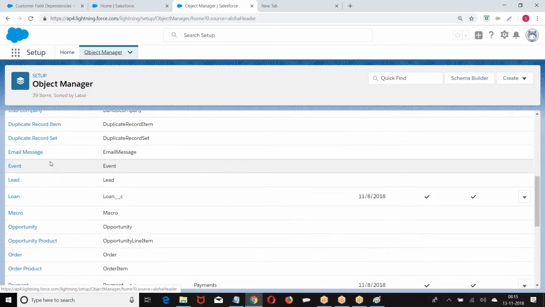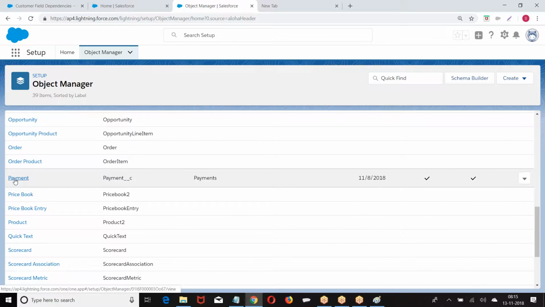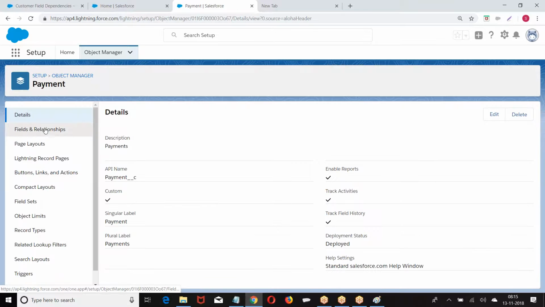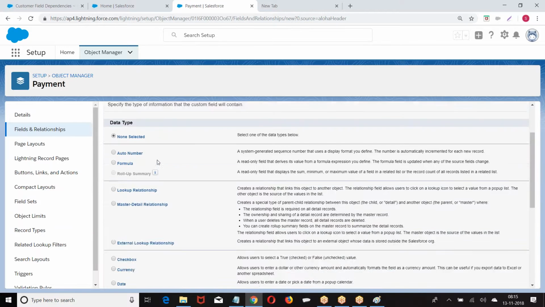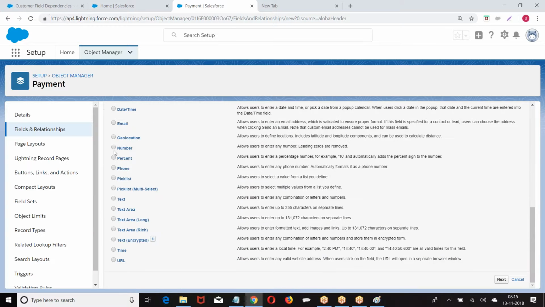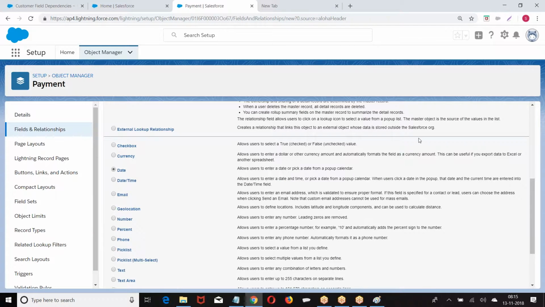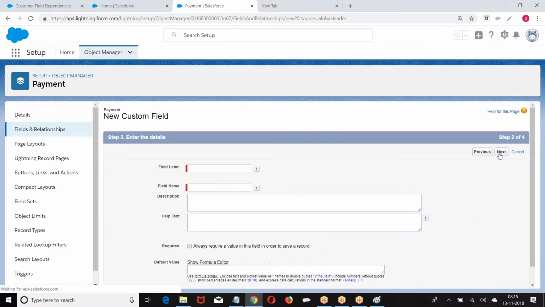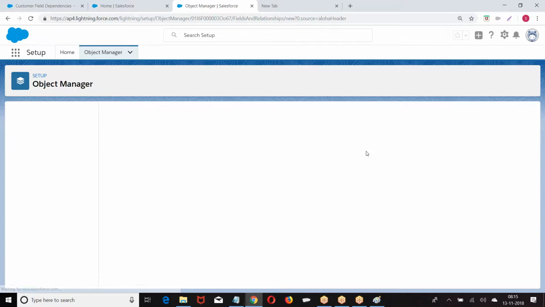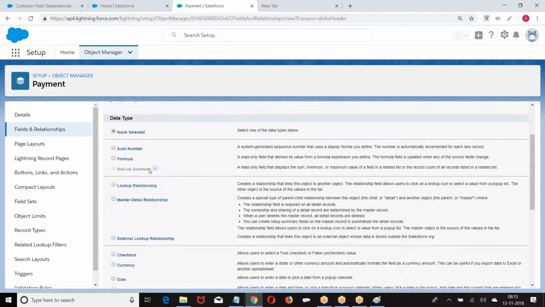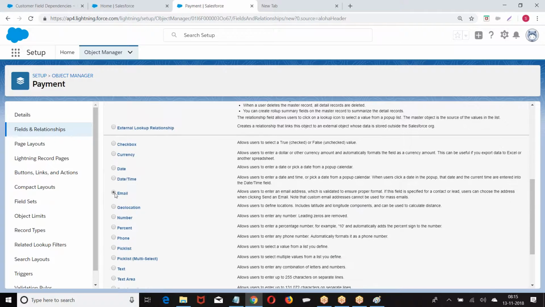Choose the object, Fields, New. We have the data type for payment. Then we have email.